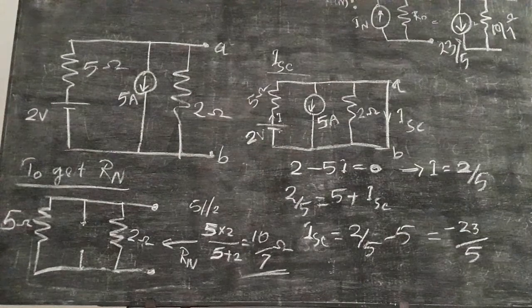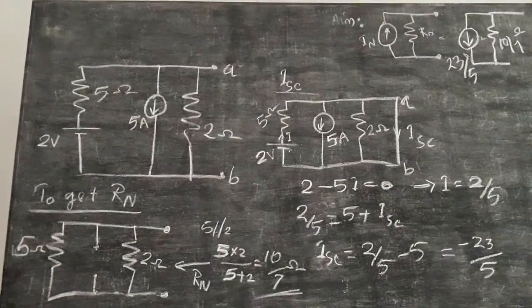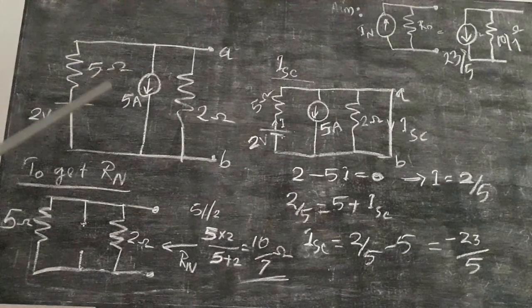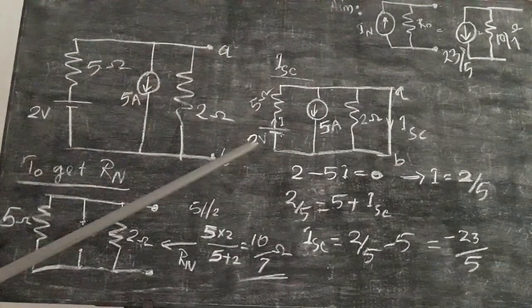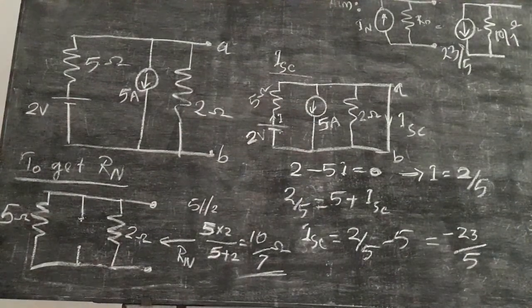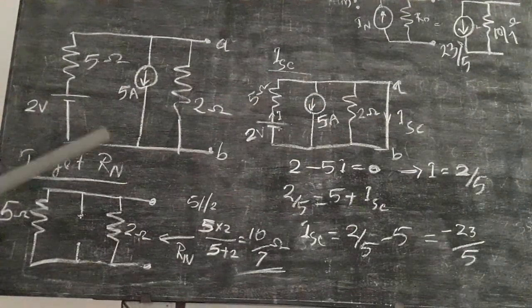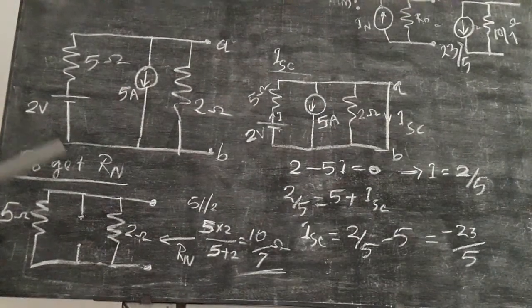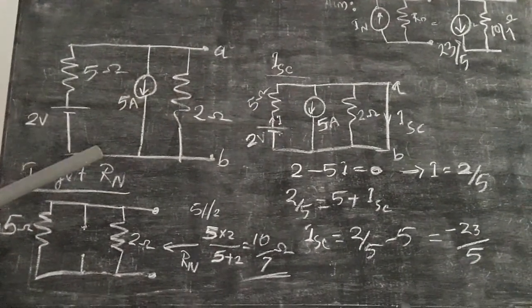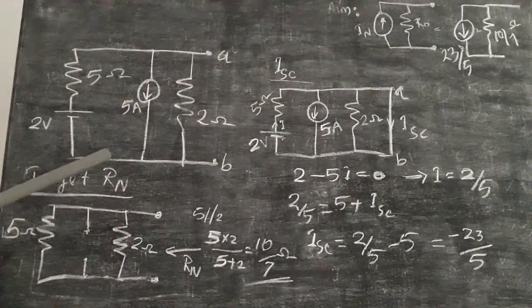First step completed. Next we have to find ISC, that is the Norton equivalent current. To get the Norton equivalent current, we have to short the terminal. And this is the original circuit. We shorted here. That is the circuit. Now mark the shorted terminal current as ISC. Our aim is to find ISC. To get ISC, solve this circuit. You may use any procedure you know. You can use the superposition theorem because there are 2 sources, or any other method.